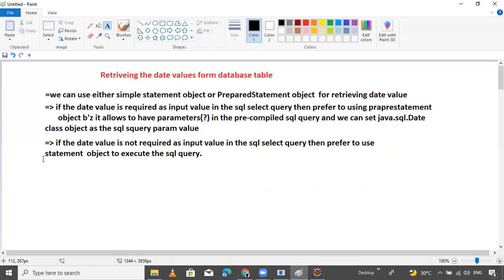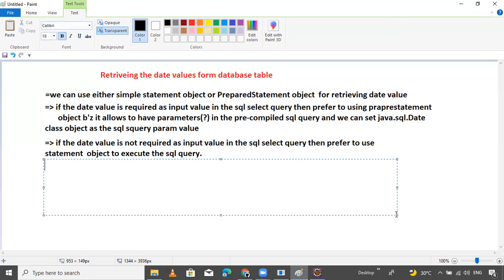So if it is not required as an input value in the SQL select query, then use the Statement object, simple.